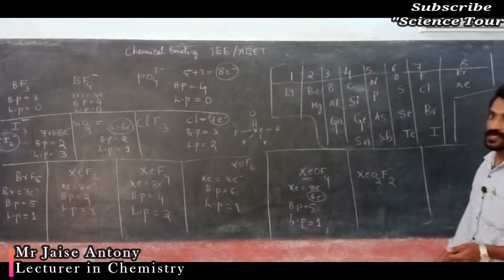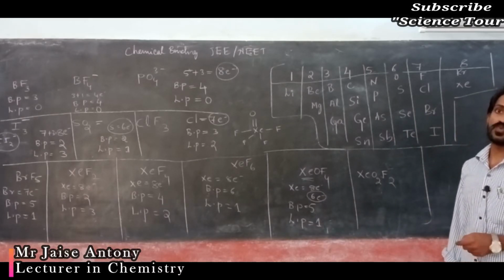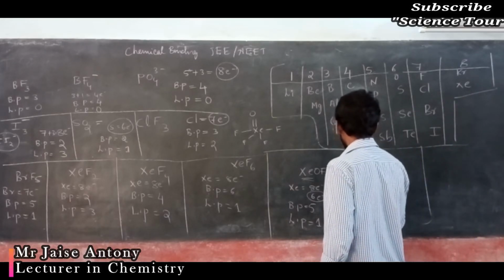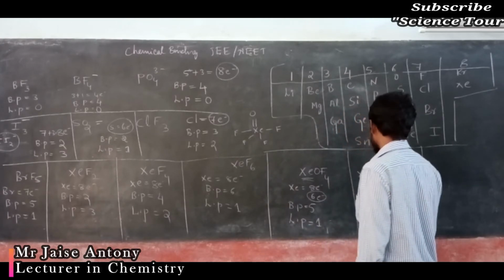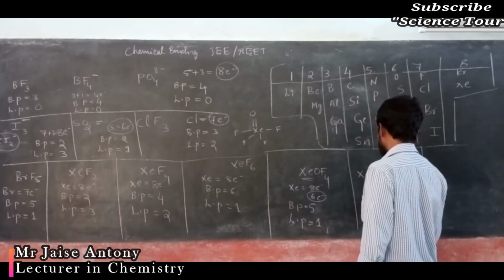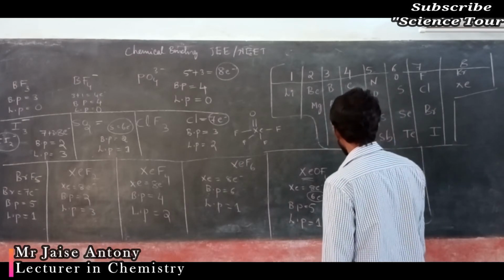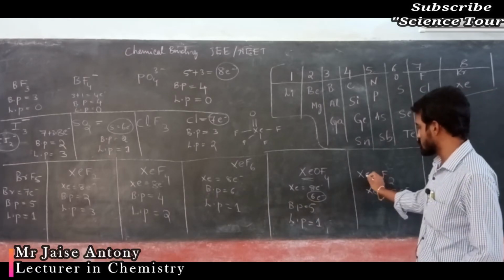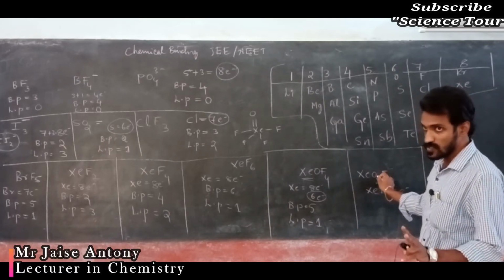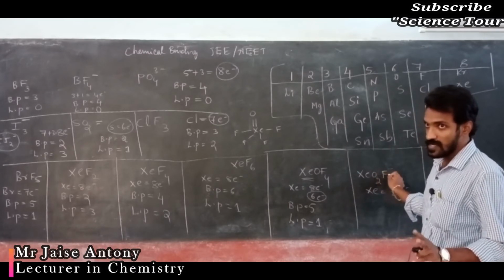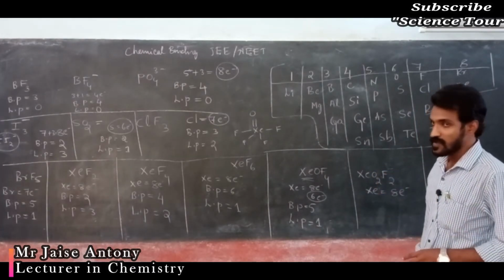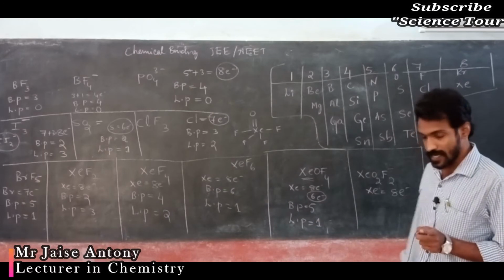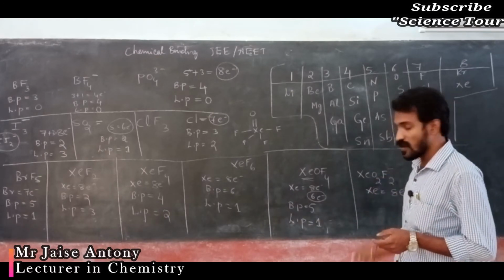So next one is xenon O2F2. Here, my dear students, very important thing is xenon has 8 electrons, and here it forms 4 bonds. Xenon forms 2 bonds with the 2 oxygen atoms, that is double bonds, and a single bond with the fluorine. For xenon's 8 electrons, 2 electrons are used for forming